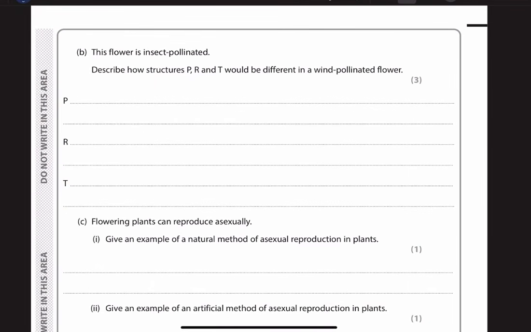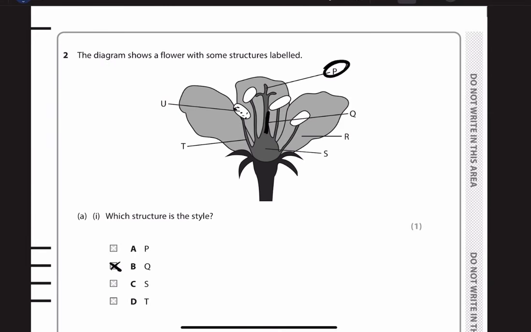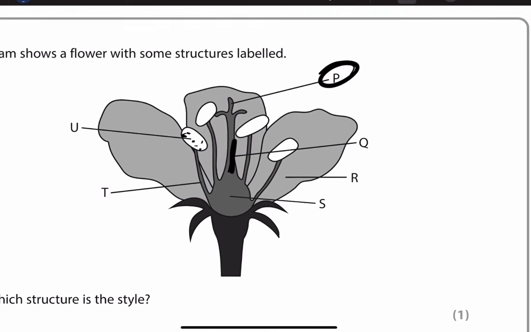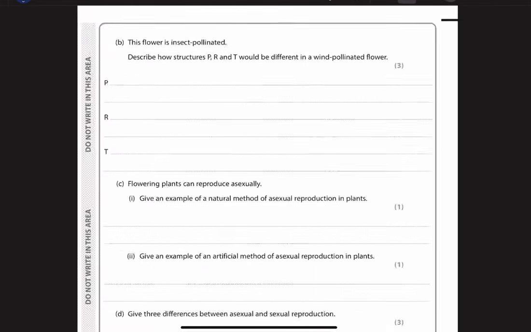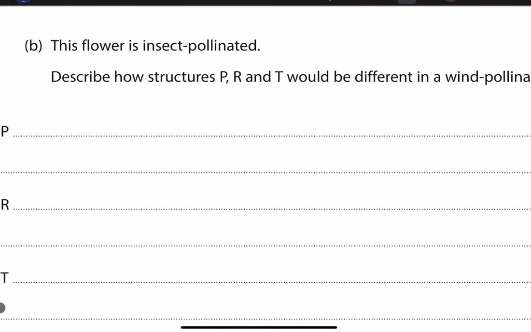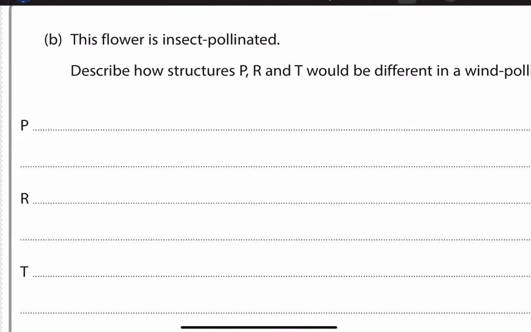This flower is insect pollinated. Describe how structures P, R, and T would be different in a wind pollinated flower. So P is the stigma, R a petal, and T being the filament. So how would they be different in a wind pollinated flower? Okay, so P, what was P again? Our stigma. So remember, in an insect pollinated flower, the stigma is going to be different than in a wind pollinated flower, because in a wind pollinated flower, our P, we want to have a very feathery appearance, right? We want to increase the surface area so that